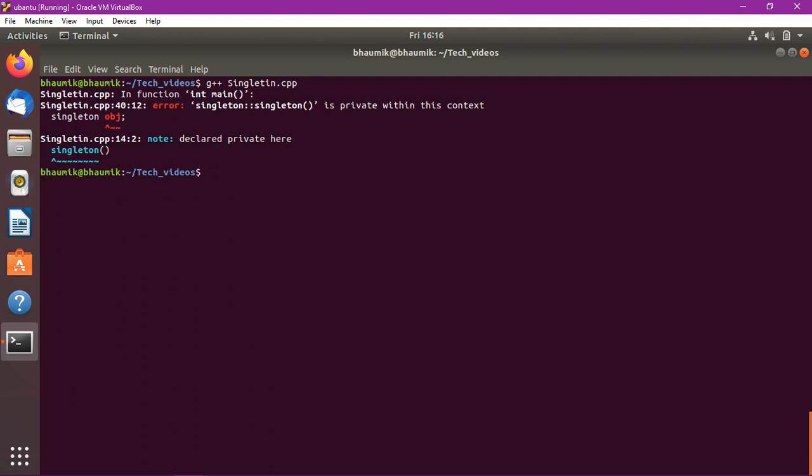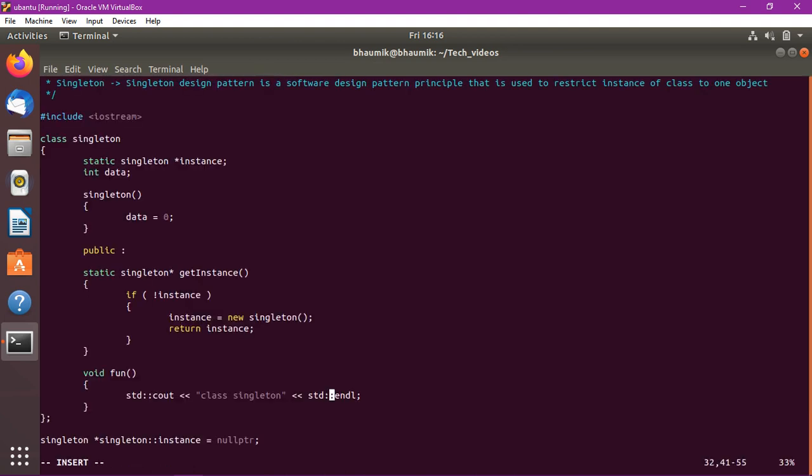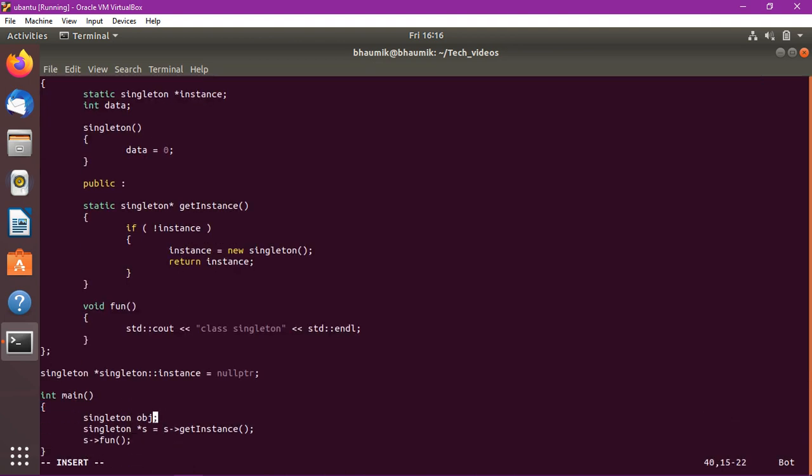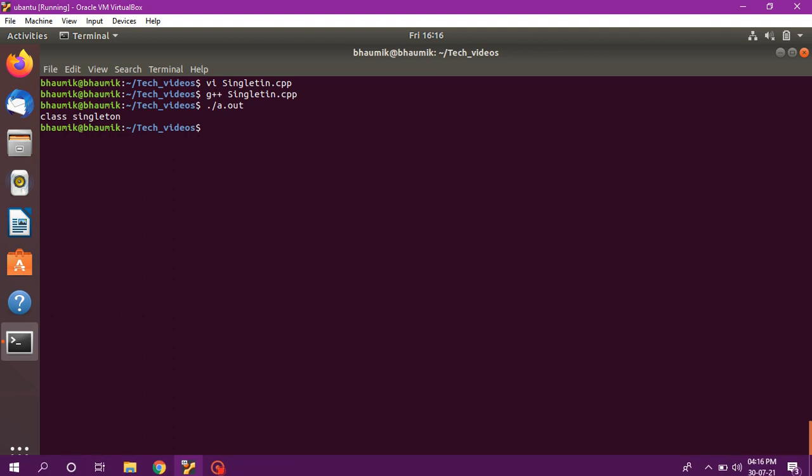It's saying you cannot create the object as our constructor is private, right? So we cannot create an object, and also the pointer will be only one. Yeah, you can see, right? That is all about singleton and how to implement that in C++.